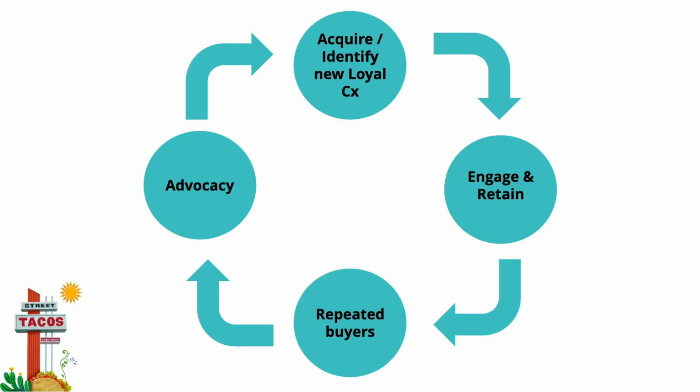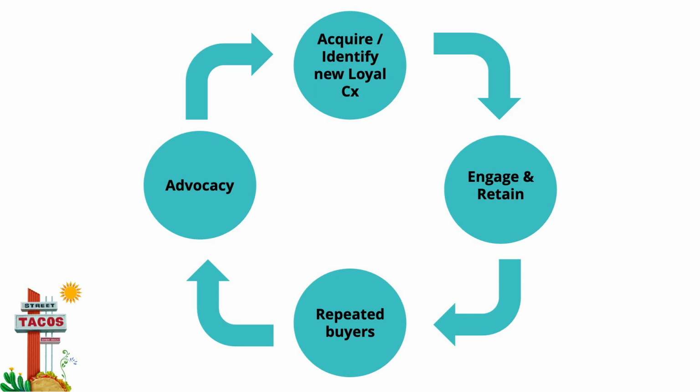When you talk about a loyalty program, there are four most important things. First is acquiring new leads for your business. For getting this strategy right, you have to do the engagement part, the retention part, of course. The third most important thing is you have to make your customer come back to your store. That is more on the recurring customers. And once these three dots are done, the fourth important point is advocacy. They will turn into advocates for your business, happy customers.